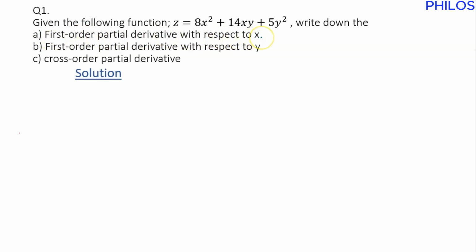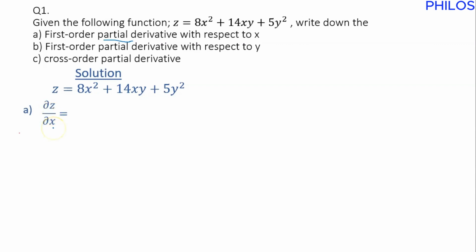with respect to x. So to do that, first, we recall the function, which is z equals 8x squared plus 14xy plus 5y squared. To solve A, it says find the first order partial derivative with respect to x. So this means we should differentiate z with respect to x. Anywhere we see y should be considered as a constant. That's the meaning. So to differentiate z with respect to x, we are going to write it as partial z